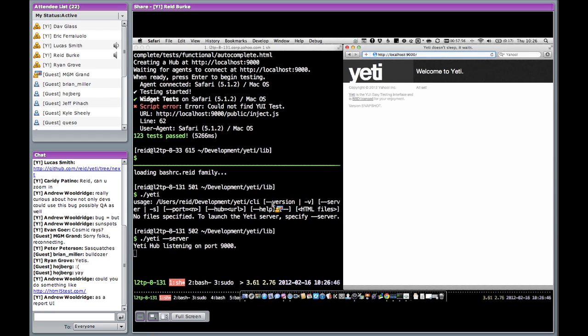So this Yeti server could be on, say, yeti.yuilibrary.com or something, right? And then I can have lots of other people connect to it, and it would just sit there waiting like this. This page right now is just waiting for tests to come in. It's listening to the hub for tests to come in. So what I can do here is